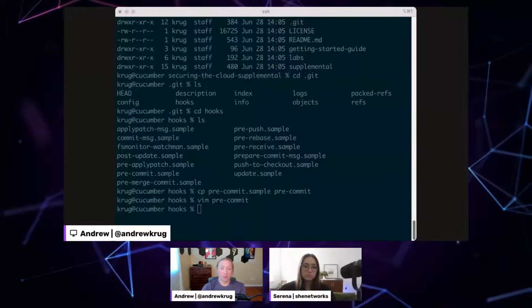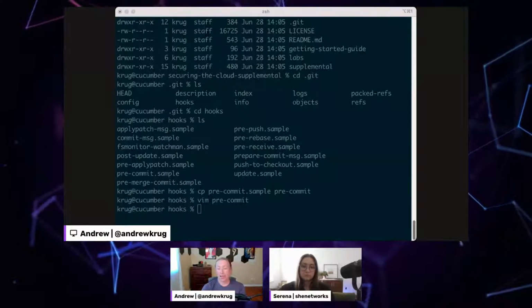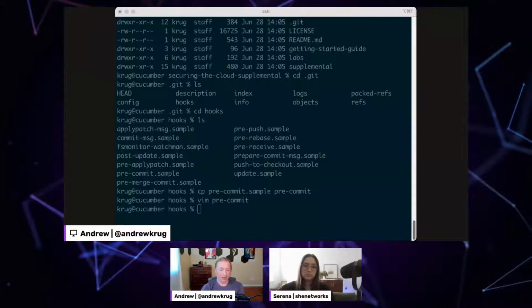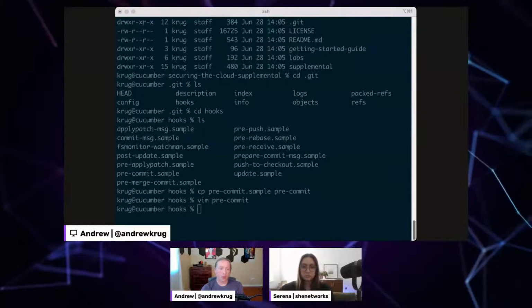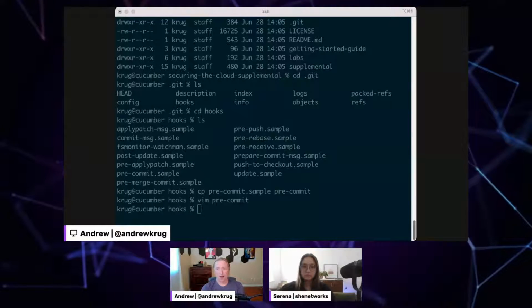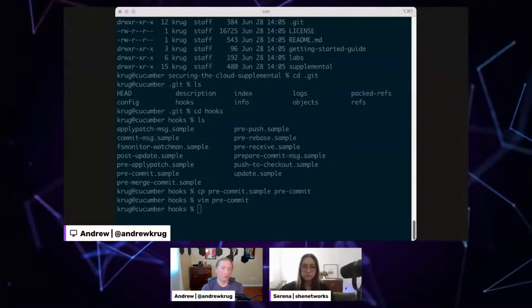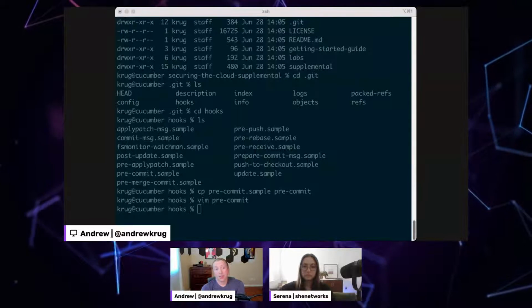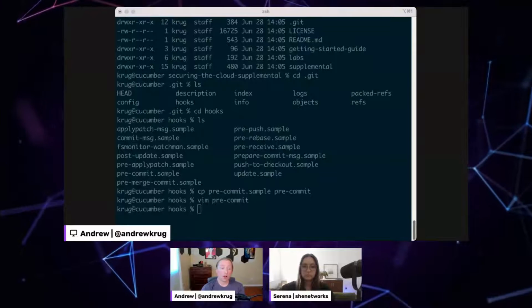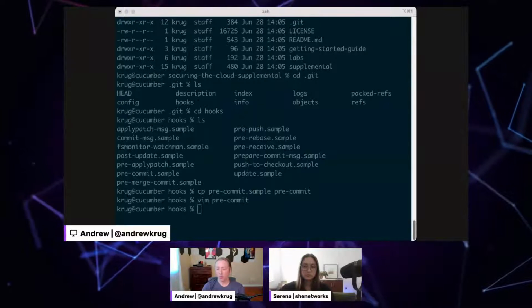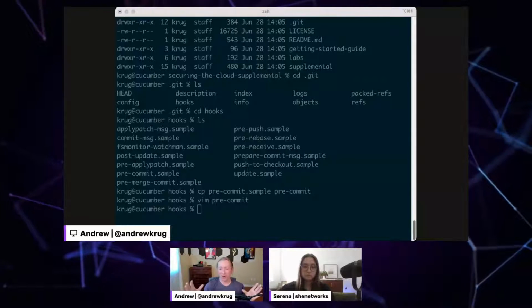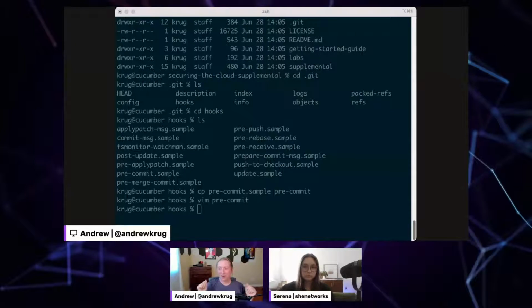So what we're going to do here is we're going to actually try to install a pre-commit hook called Trufflehog. And if anybody is familiar with Trufflehog, or maybe you're not, it's kind of just the go-to scanner for Git secrets. Lots of different secrets, not just AWS keys, but Trufflehog scans for all kinds of things. And vendors, to their credit, are doing a much better job of making their secrets discoverable, which I think is a really interesting thing that's evolved out of all of these credentials that are leaked.